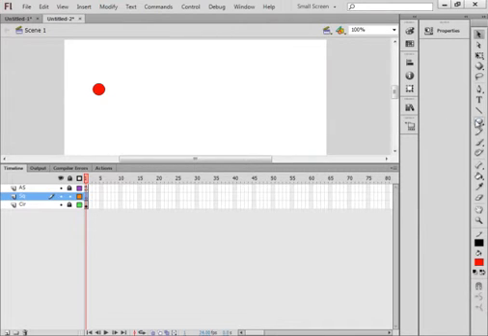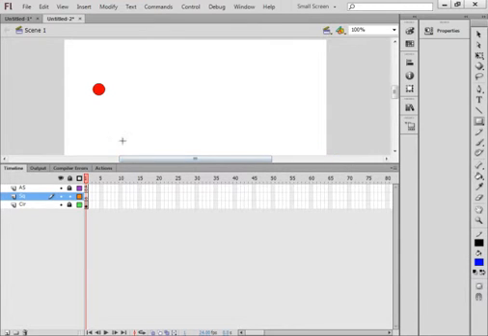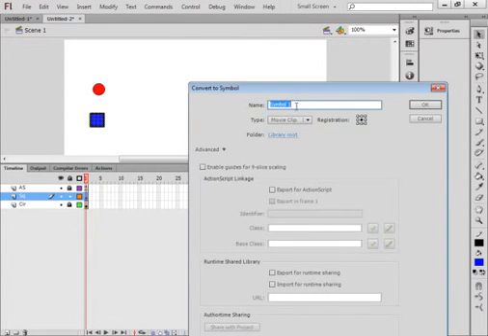Come over here, click on the corner of this oval tool. I want rectangle tool, and let's give it a different color, bluish color, and let's hold the shift down. Hold the shift down, make a square, pick up your selection tool, highlight it, get those crosshairs, convert it to a symbol, make sure movie clip is still selected, SQ shift _ MC,